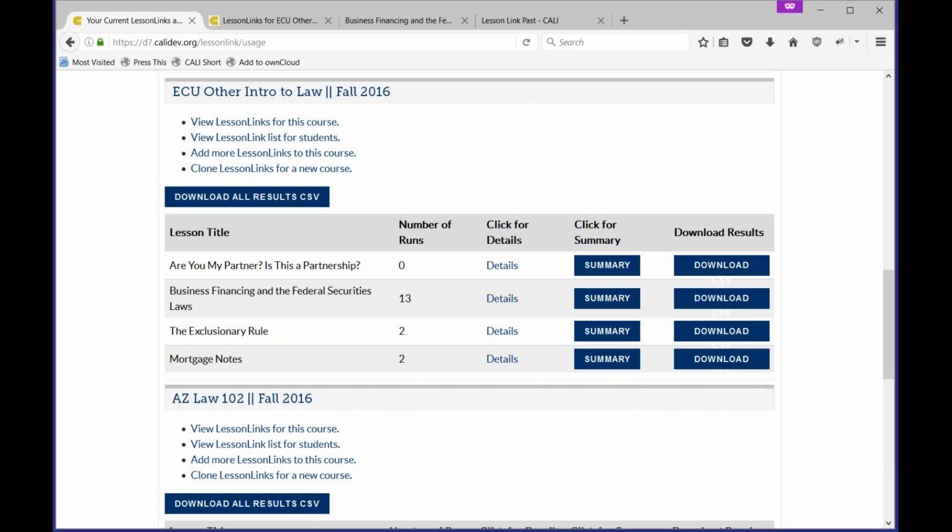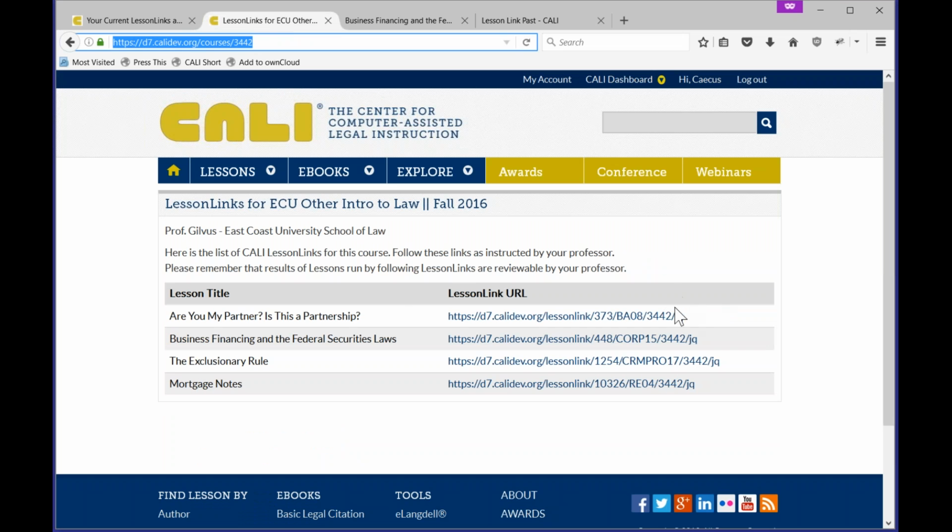that's all fine. So that's the lesson link stuff, and you can do that and let your students run the lesson links, and then take a look at the reporting, and you don't have to use LessonLive. But if you want to use LessonLive, what you do is from this page you can use the view lesson links for this course link, or the courses link that the students use, either one of these. And what that does is that'll give you the list of lesson links. And then